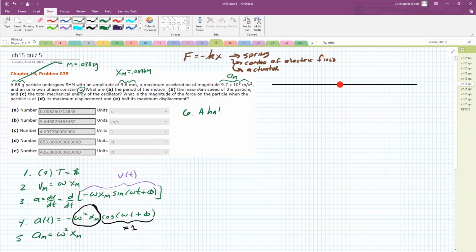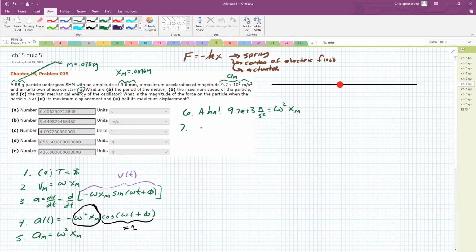The maximum acceleration magnitude for me is 9.7 e minus 3 meters per second squared. That's the maximum acceleration, which means that is what equals omega squared times x sub m. So let's, I'm sorry, isn't it 9.7 e positive 3? Yeah, you're right. Thank you. 9.7 e positive 3. Good catch. Okay. So let's isolate